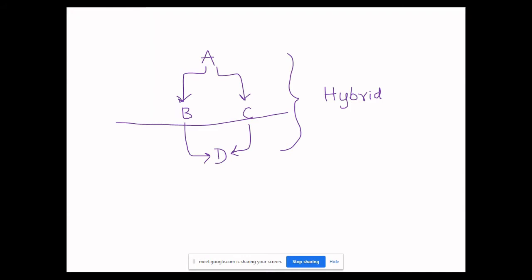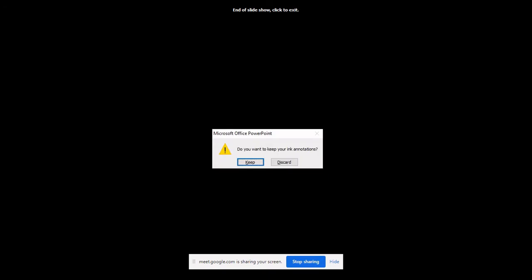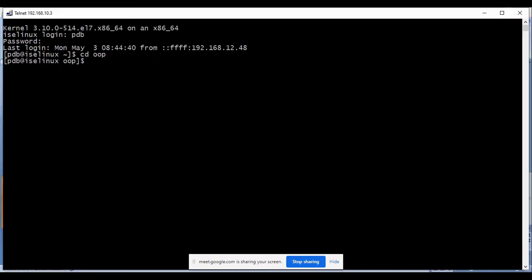Now that you know the advantage of inheritance and the different types, let's see how we can write code wherein we can implement the inheritance property. Single inheritance.